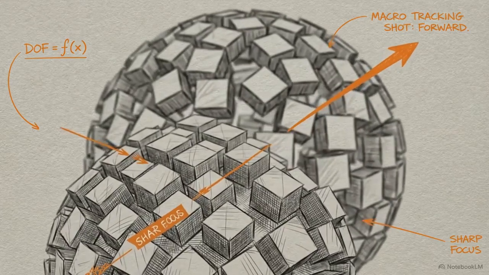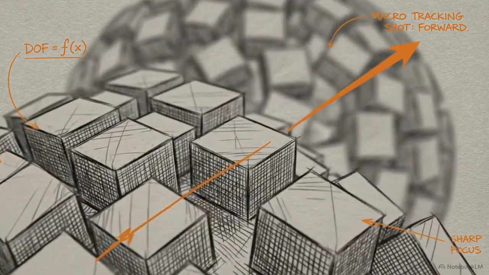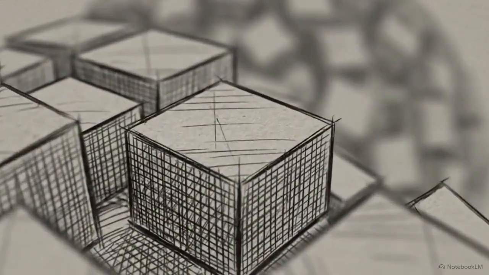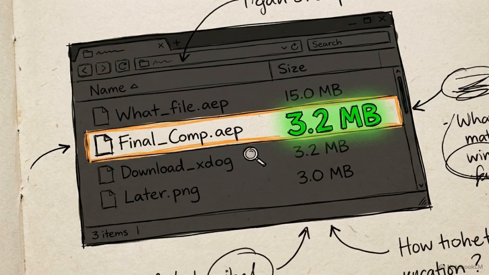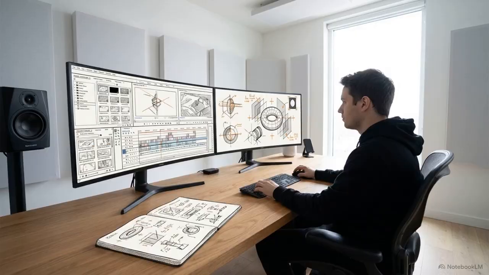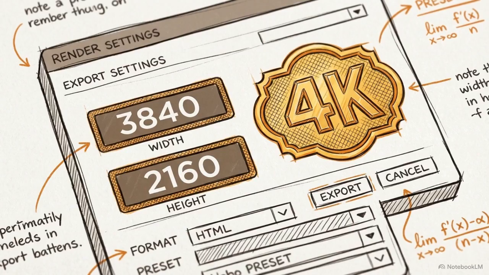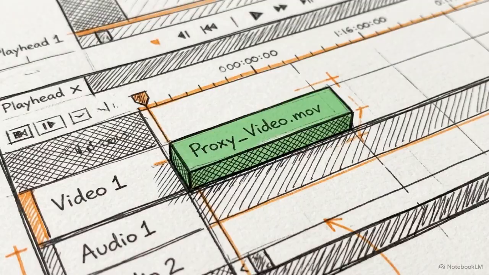Here is the result. The macro shot racks focus across the complex geometry, the transitions are fluid, and the edges are clean. Despite the complex depth calculations, the final project file is only a few megabytes on the hard drive, and the CPU load stays near zero during real-time playback. Apply this pipeline to your next heavy 3D composite. Use 32-bit linear data, keep your depth edges jagged, render at double resolution, and use proxies to give your machine a break. Optimize